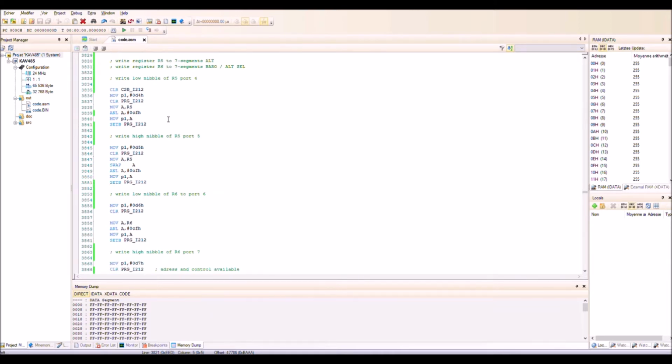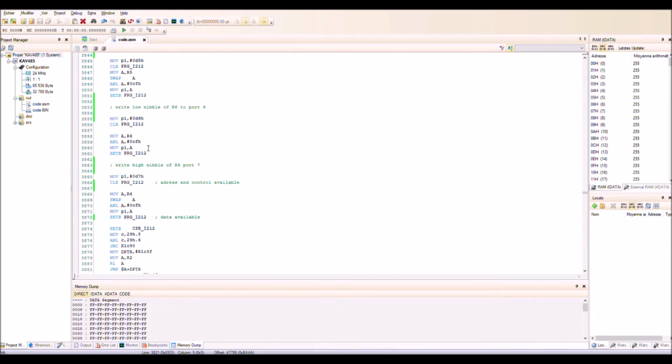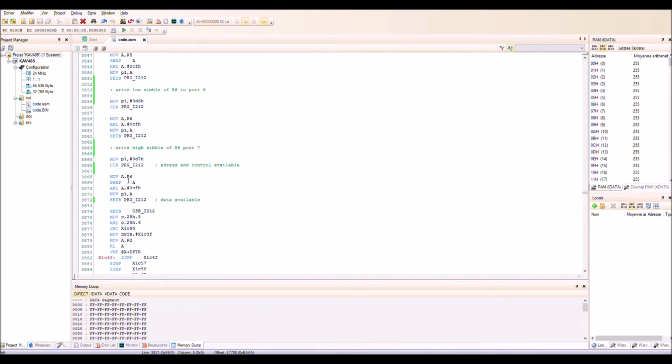R5 is divided in 2 nibbles. Here this is the low nibble, and the second part here there is a swap which permits to get the high nibble, and this is the same for the 2 other nibbles here, which are contained in the register R6.